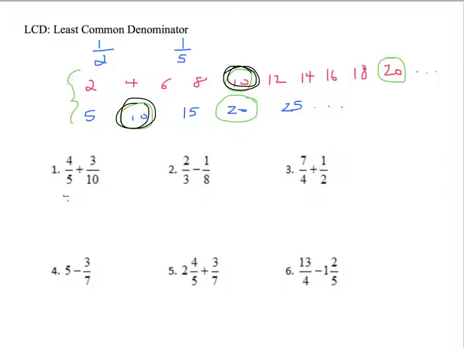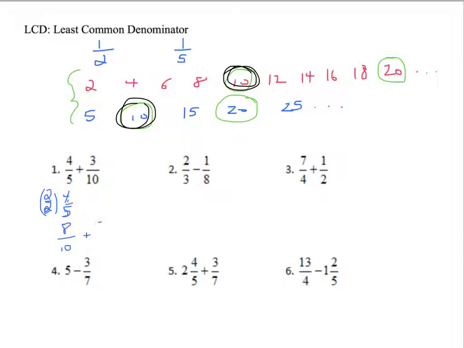Well, 4/5, I can multiply by 2/2 to get a denominator of 10, because I know 2 times 5 is 10. And this is legal because I'm multiplying by 1. 2/2 is a fancy way of writing 1. So instead of saying 4/5, I'm going to say